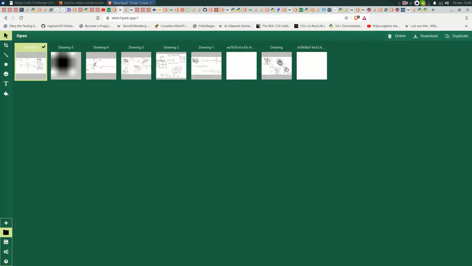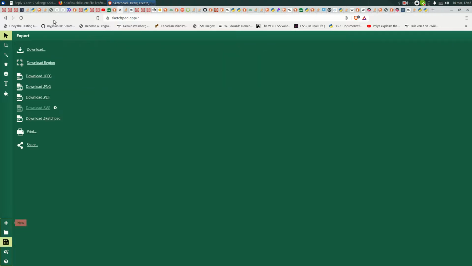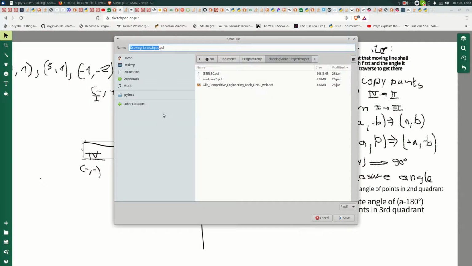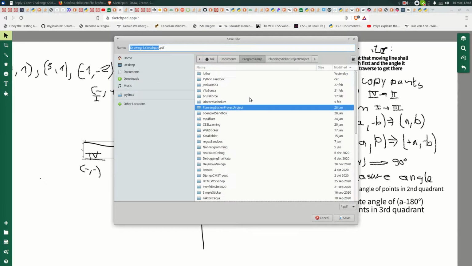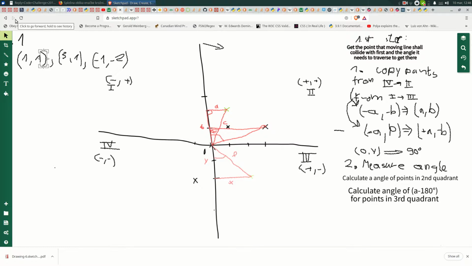Got some older drawings over here. So we just make a new drawing, I guess, or we just download this .pdf, I guess. Drawing sketchpad in planning sticker project. Well, no, it's something else. I just do it over here, general programming. And then